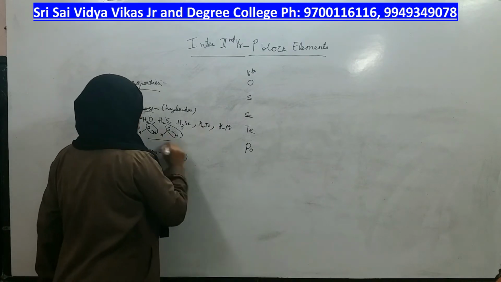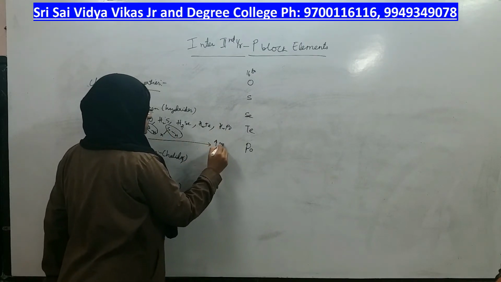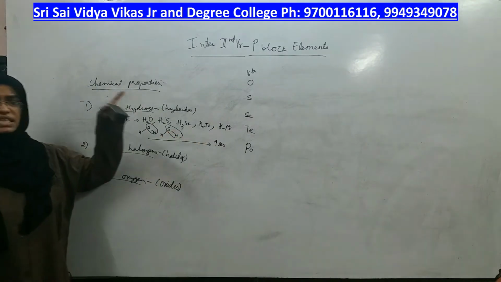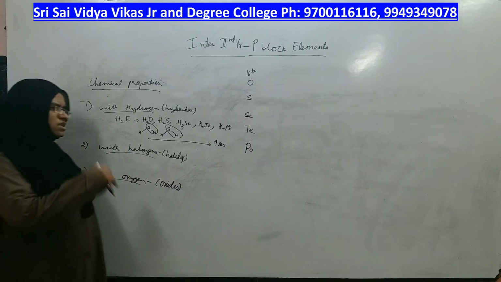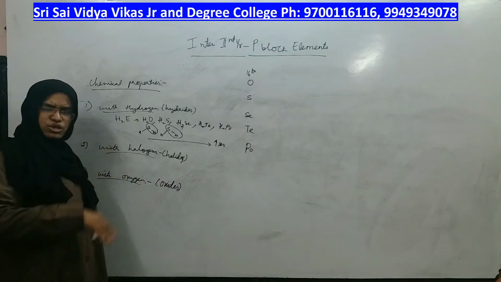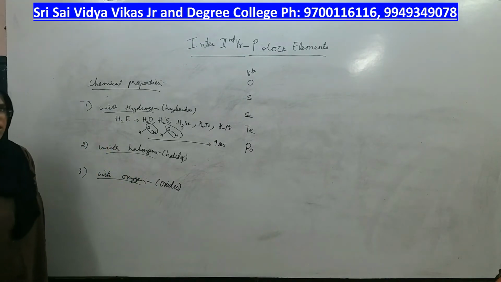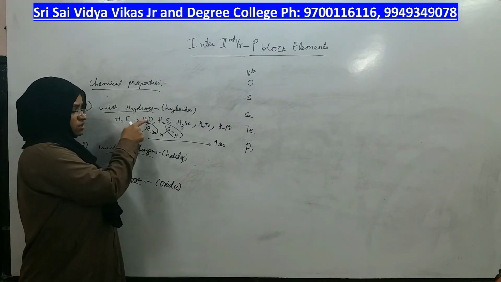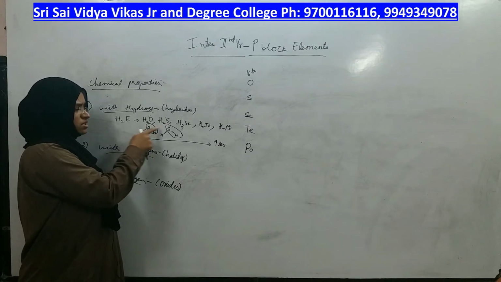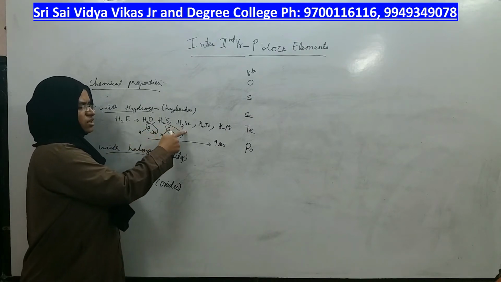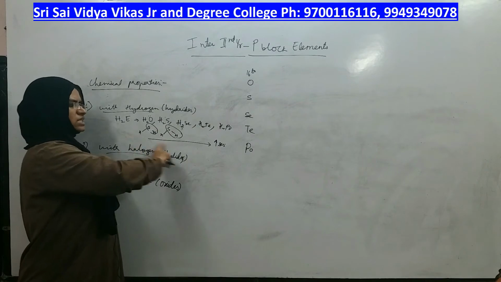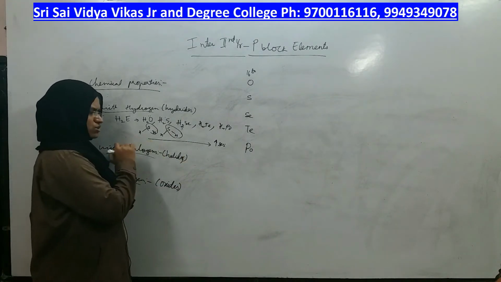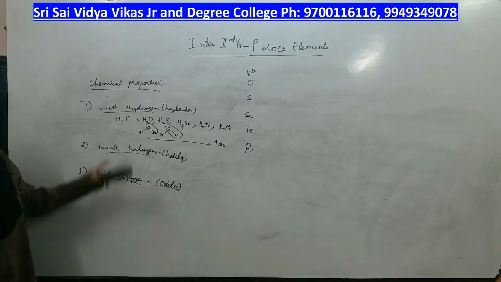So, if you want to measure its acidic ability, acidic ability means who can donate protons are called acids. If you want to measure the acidic strength of these, water is least acidic and the acidic nature increases from top to bottom in the hydrides. Why? Because acidic nature means it should donate its H plus to others. If you want it to donate its H plus, you have to first break this bond. But this O-H bond is very strong, it needs more energy. This bond is weak, easily it can be broken. Weaker, weaker, weaker. Therefore, acidic strength increases and even reducing capacity also increases from top to bottom in hydrides.